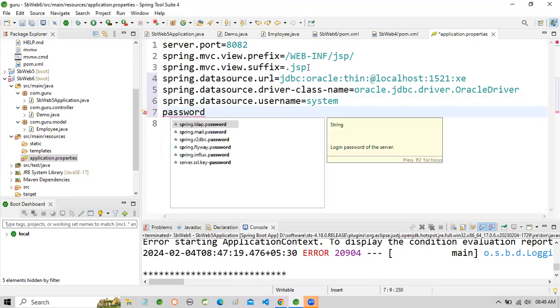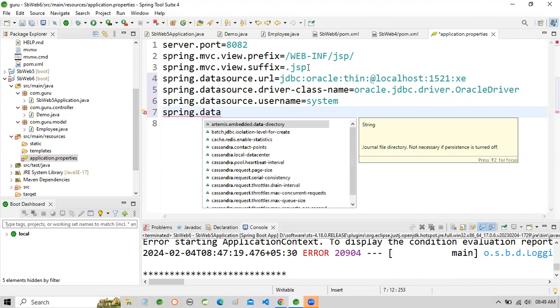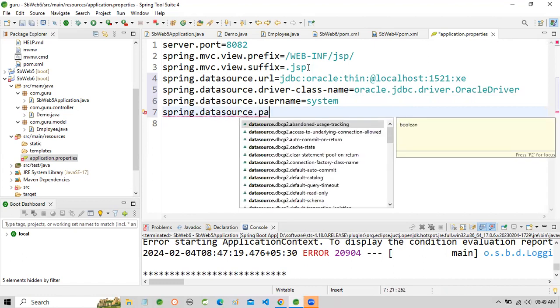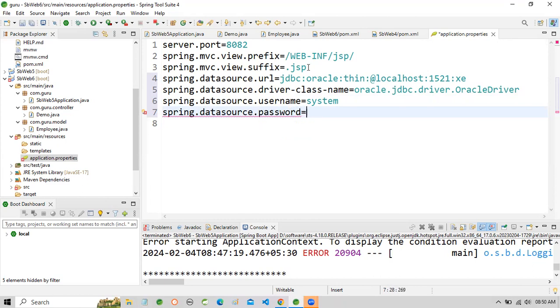And spring.database, no, that does not exist. So I'm going to type here spring.datasource.password. It's not working here. Where is password? Okay, password is equal to 1234. So I need these four properties: spring.datasource.url, spring.datasource.driver-class-name, spring.datasource.username